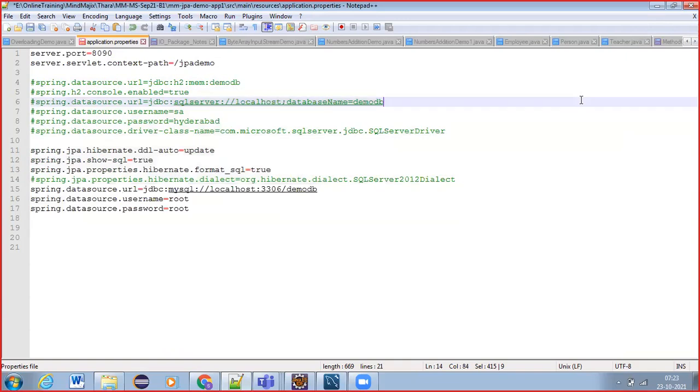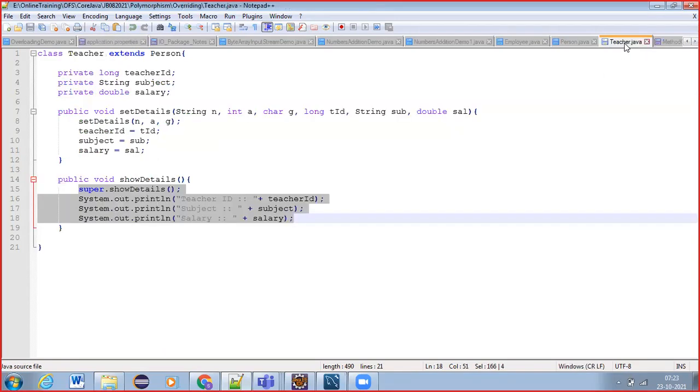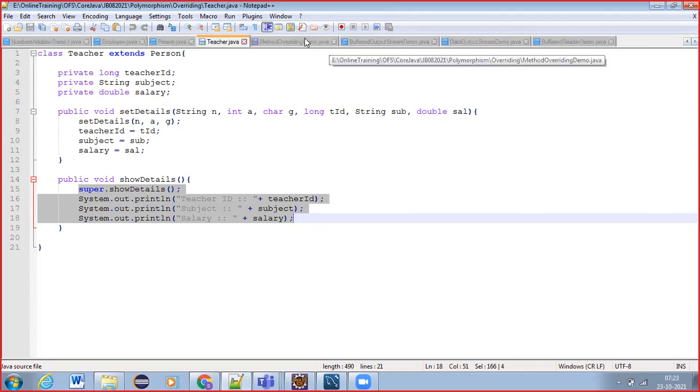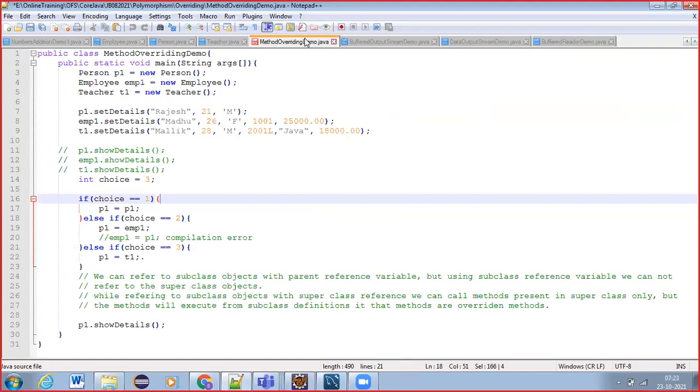So, okay, guys. What we were discussing, the method overriding demo, we have seen, right?